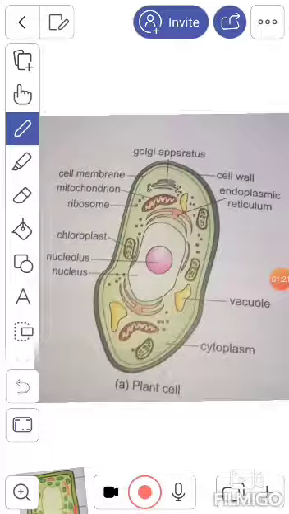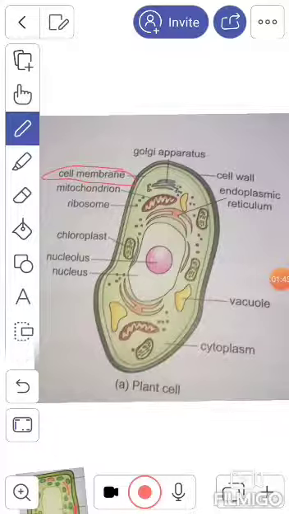First of all, I will tell you about cell membrane. A cell membrane is a thin outer covering of a cell, as I told you before. It allows movement of substances both inward and outward. It separates cells from one another and also from the outer environment, and it also works as a boundary.